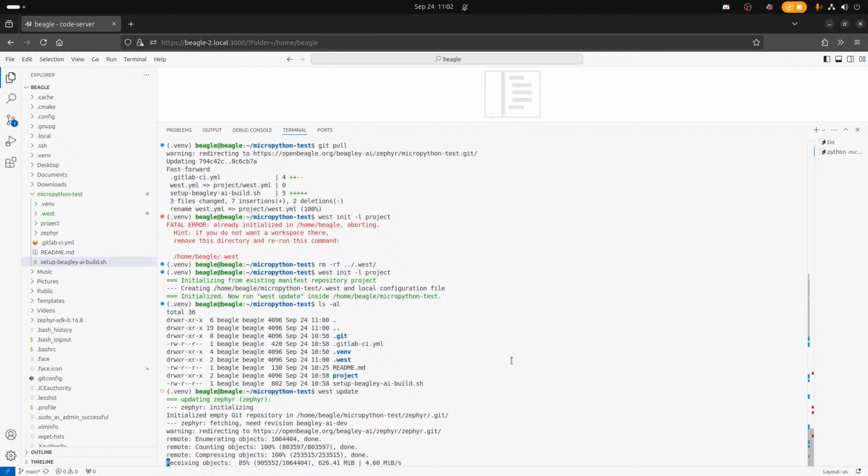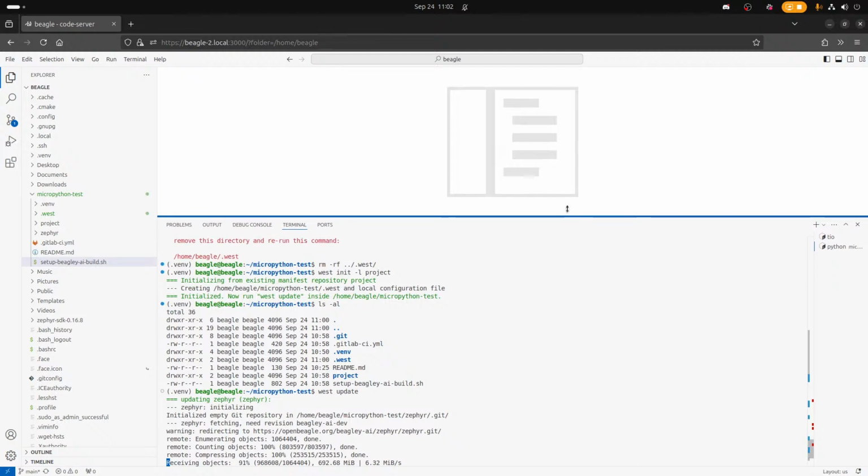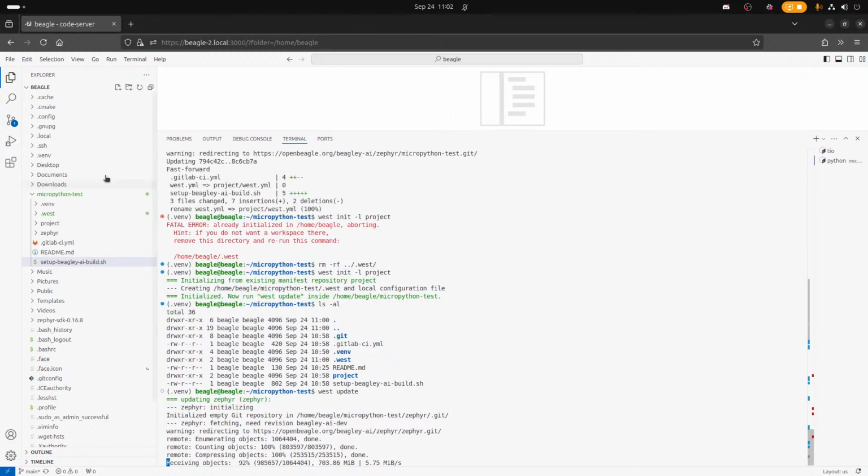But I think the thing to do is to include, in the Visual Studio Code environment path, some examples already within.